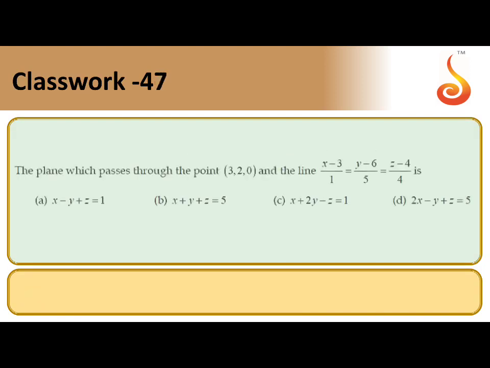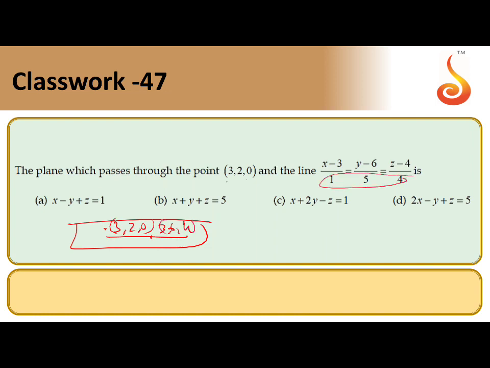So next question. The equation of the plane passing through 3, 2, 0 and having the line. So a plane passing through means already one point is given as 3, 2, 0. And there is a line also there. So another point 3, 6, 4 is given, and the DRs given are 1, 5, 4. The 2 points are there. In this case, the plane equation is x minus x1, y minus y1, z minus z1; x2 minus x1, y2 minus y1, z2 minus z1; a1, b1, c1 equal to 0. The 2 points are 3, 2, 0 and 3, 6, 4.